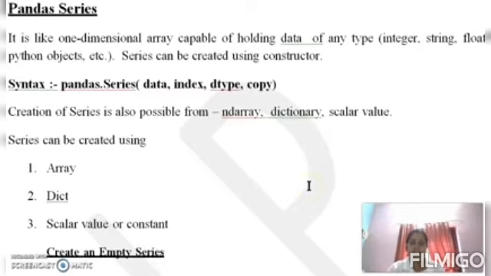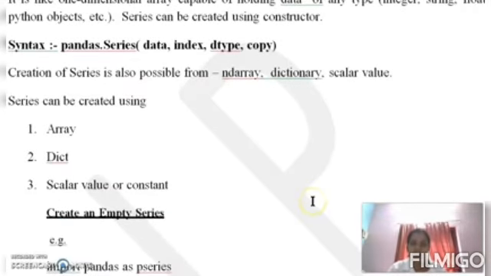Then next, in pandas, how can we create a series? This is the next topic, pandas series. In this we are discussing how we can create a series. To create a series, a constructor called Series is needed. Have you heard of constructor and destructor? Object initialization takes place in a constructor. So here there is a word known as Series. This Series is the constructor. By using this constructor, we will create a series.